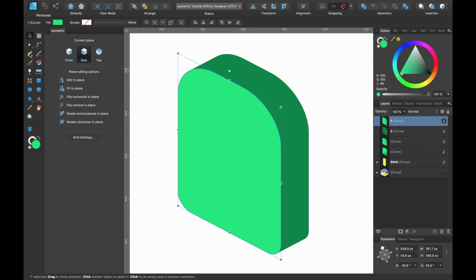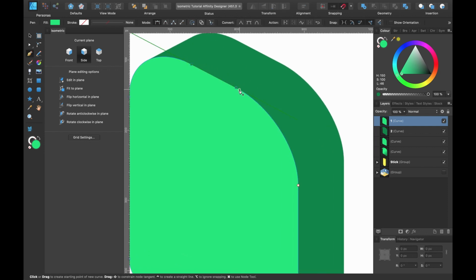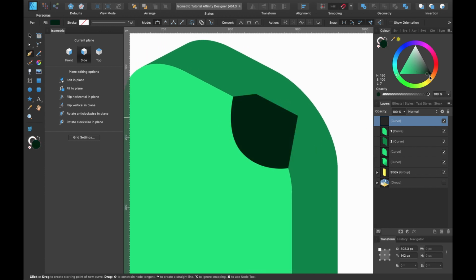I'm going to grab the pen tool, and I'm just going to create some kind of bite, maybe from here. So I'll click on this, click once. I will click and drag out, and I will click it about here. I'll just finish off the shape by pressing anywhere like that. Okay. I will make this black now so we can see where the bite's going to come out of.